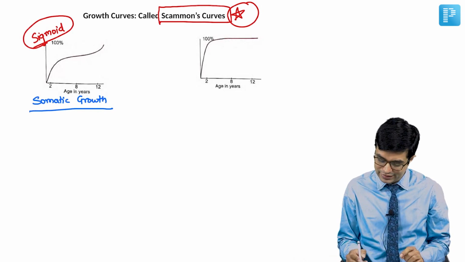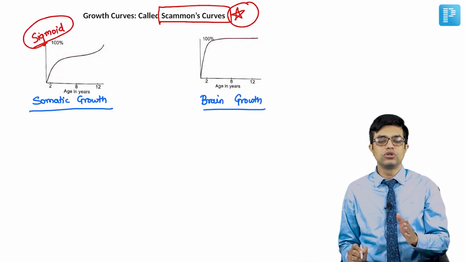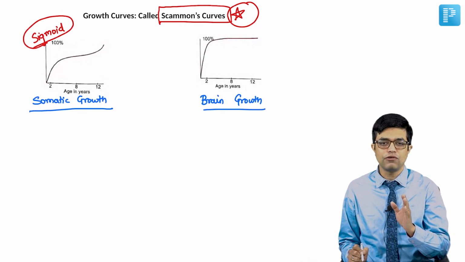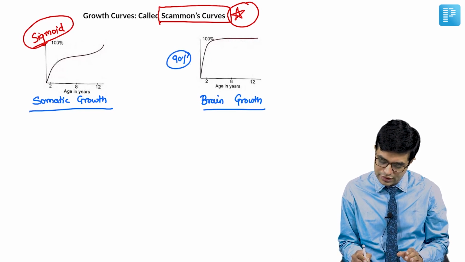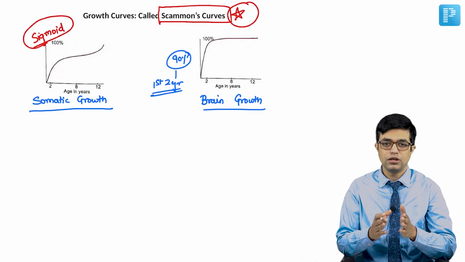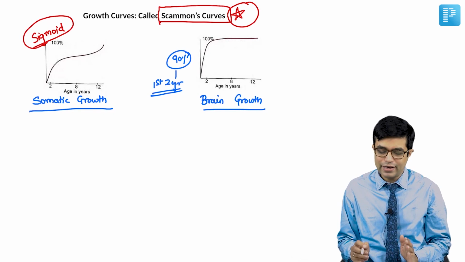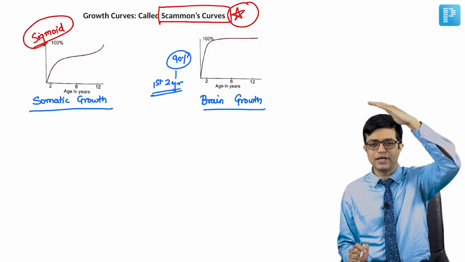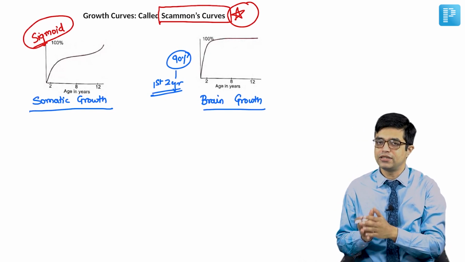This pattern is seen with brain growth, the central nervous system growth, or the neurological tissue growth. Brain growth is rapid in the first 2 years of life. If you see here, almost 90% growth occurs in the first 2 years of life. After that, only 10% growth subsequently happens. So, growth and maturation will continue, but initially there is a rapid rise in the first 2 years, then it becomes like a plateau. That is known as the brain growth pattern, as depicted here.